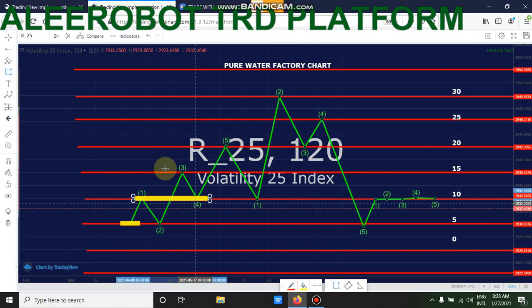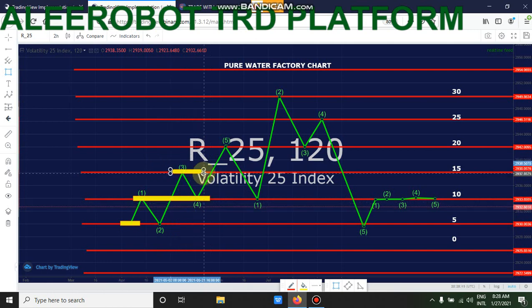You understand? So let's see another resistance like that. So we have one as our resistance, three as our resistance, four as our support, then zero as our support. So when there was a breakout, there was a retest. You understand? There was a retest, yeah. So at this particular time again, people might be asking